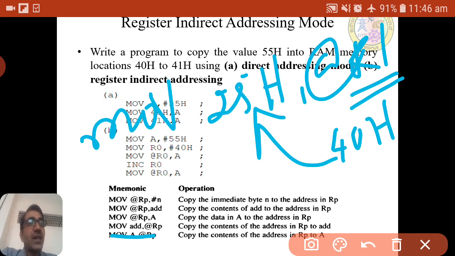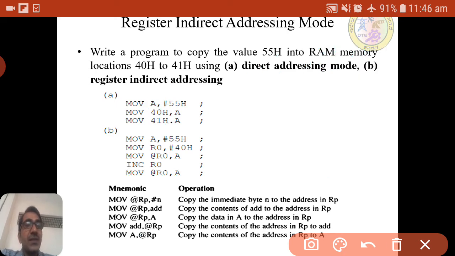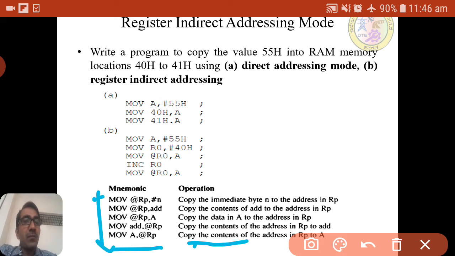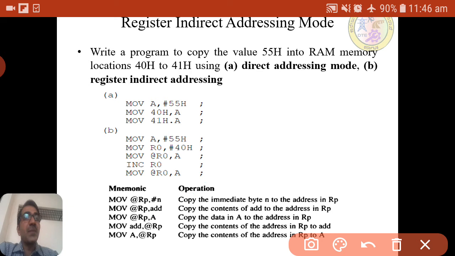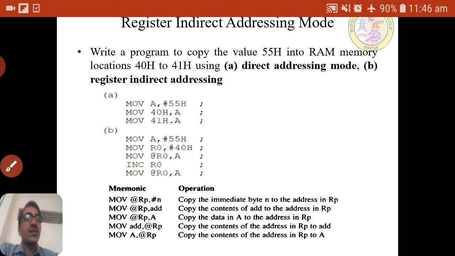The content of one memory location, 40h, will move to another memory location, 25h, okay. And this is again move A comma @Rp: the contents of the address in Rp will move to the A register, okay. So this is the generalized form, in which p varies from 0 to 1, n means the value, and add means any address. So this represents the register indirect addressing mode.